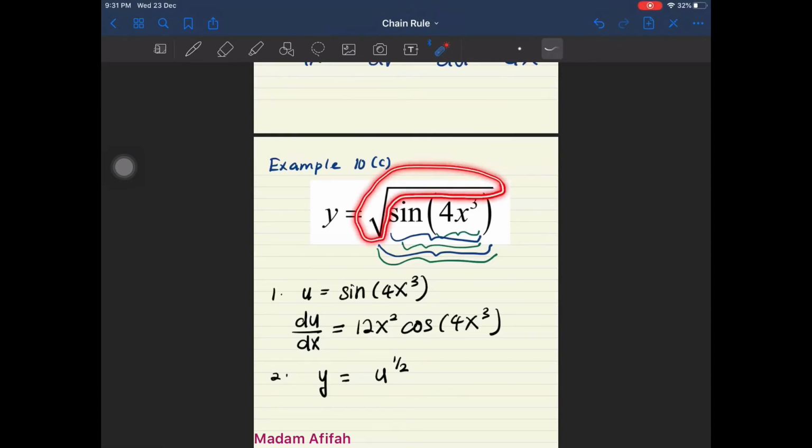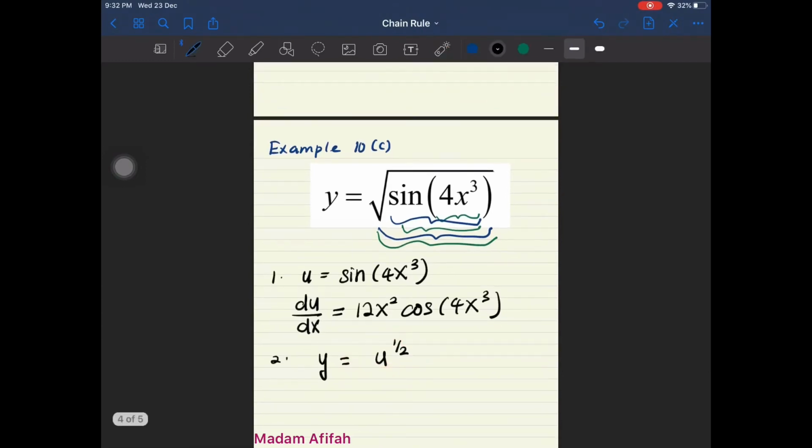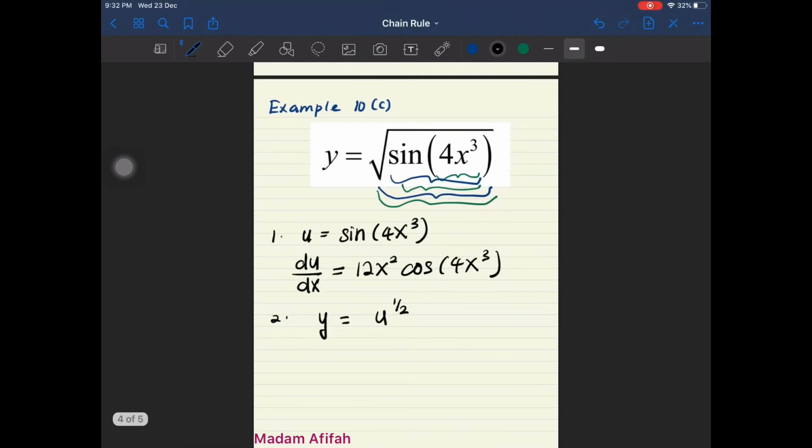Okay, so I just changed the way of writing this one part, the square root here, and wrote it as power half. So as you can see here, this problem becomes much easier. At first you had this complex function, now you just have this one, so you can differentiate this one, right? So differentiate dy/du